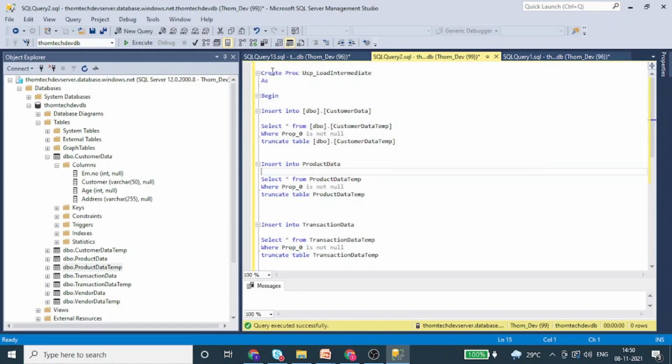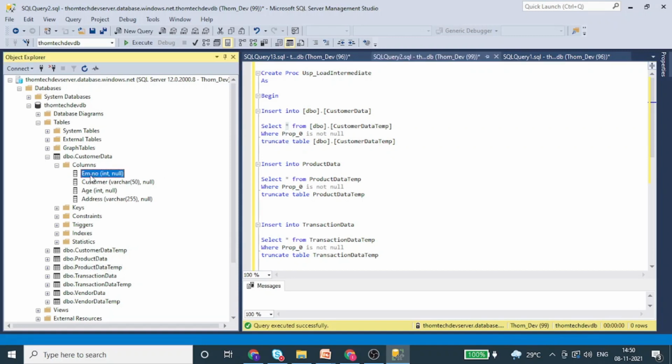and then create a stored procedure. So this is a simple stored procedure. Okay, so I have created a stored procedure, USP, user defined stored procedure, load intermediate table, something like that. And you write the syntax like insert into main table customer table from the temporary table, with the same sequence. We are not giving any sequence, and since we are not giving a sequence, automatically the fields that we are interested in are already in sync.